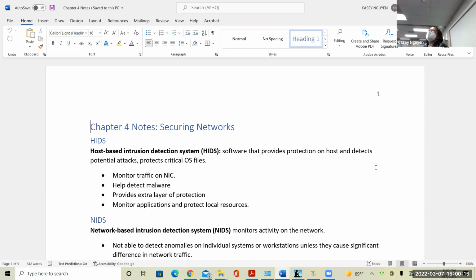Okay. So we are going to touch on some intrusion detection system, intrusion prevention system. We'll talk about wireless security and what we need to look at, especially when we are dealing with devices or mobile devices. So to start,